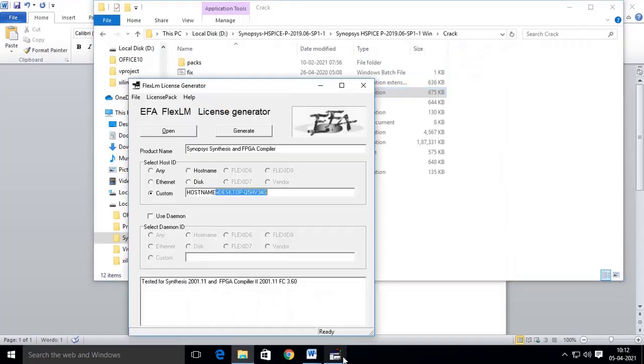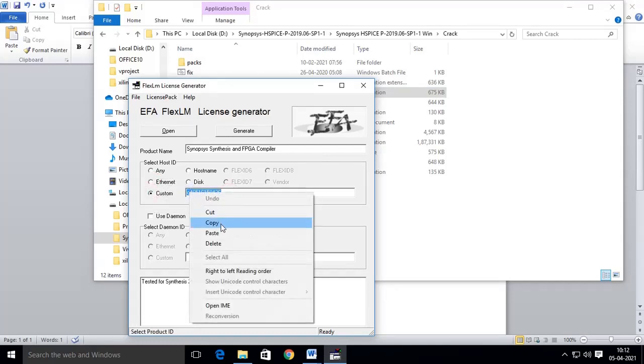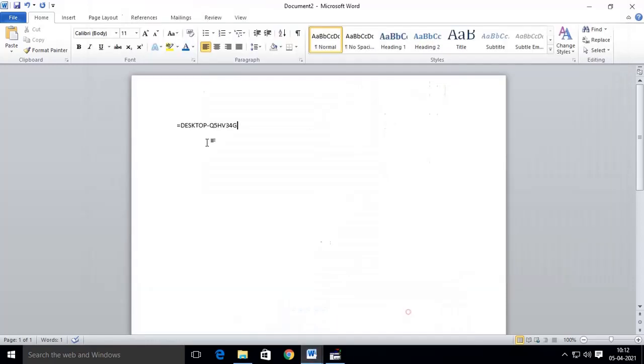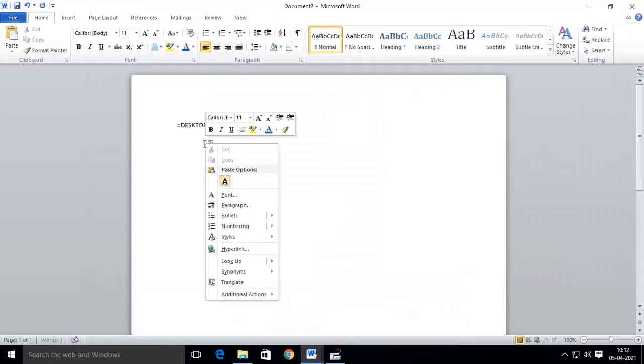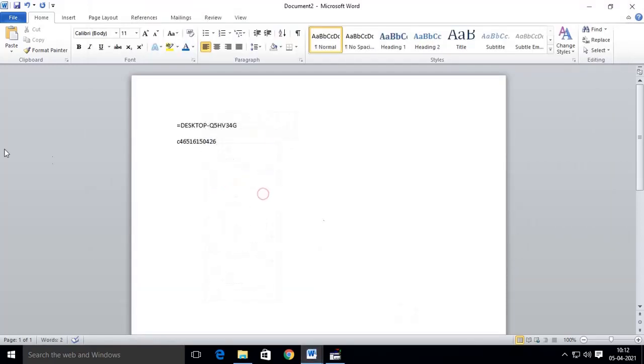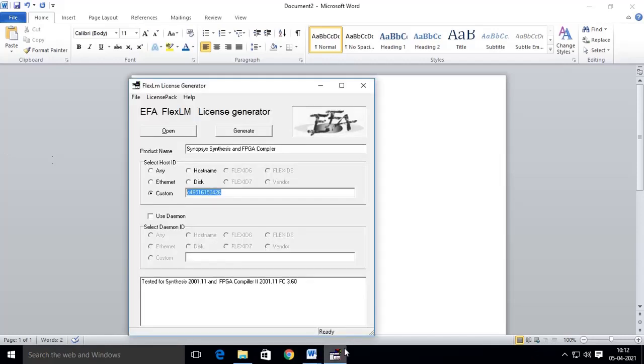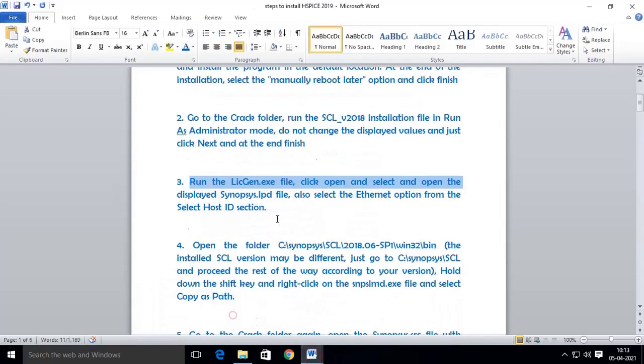And also copy the Ethernet ID. We also copy and keep it in a separate document for future use. Now close this license generation file.